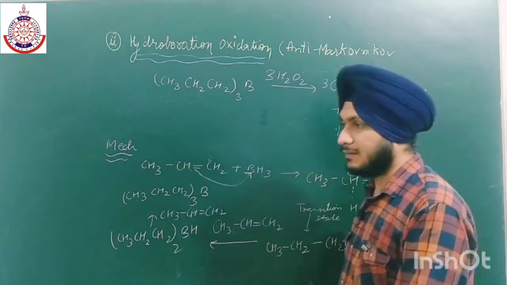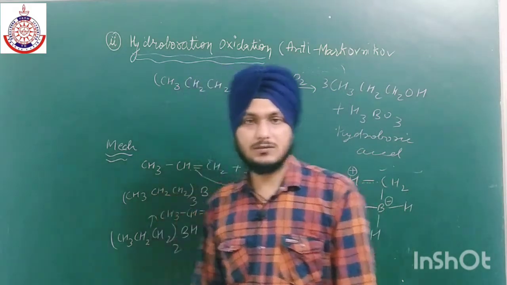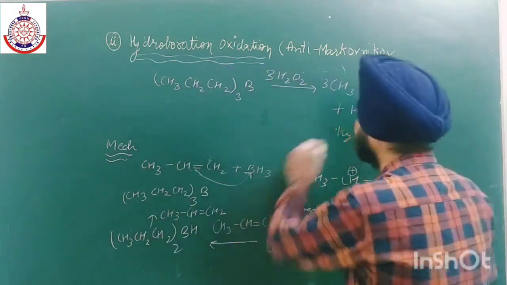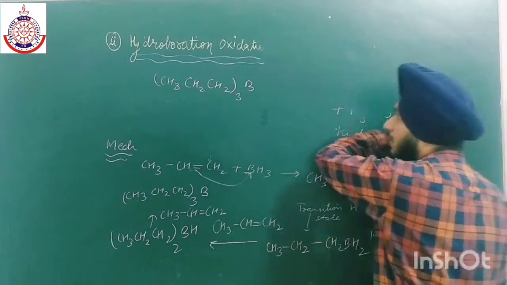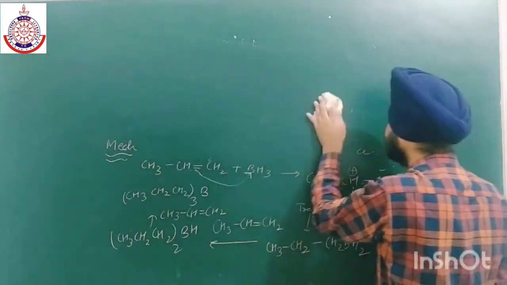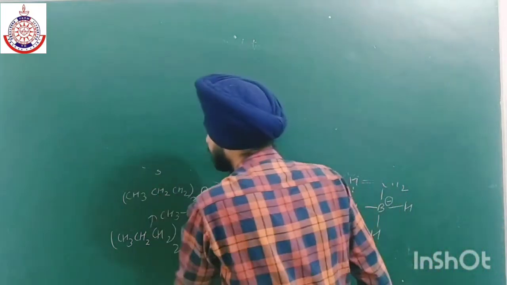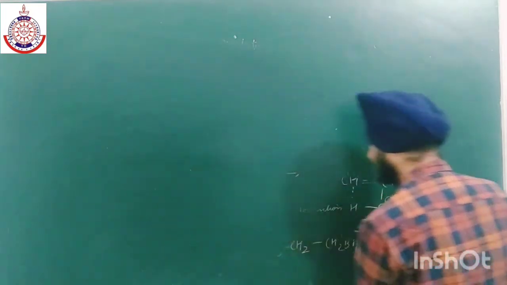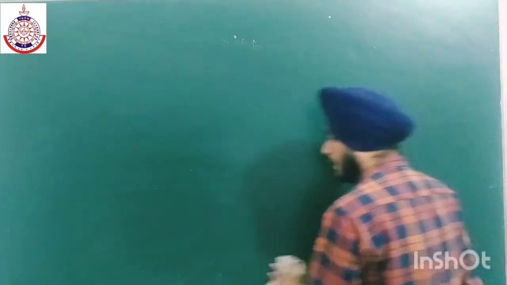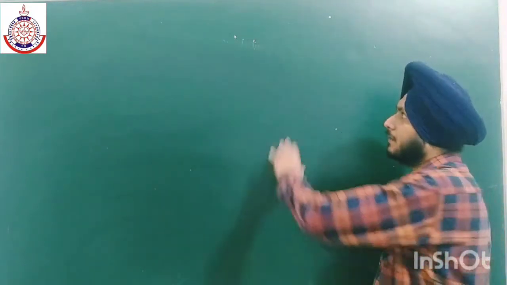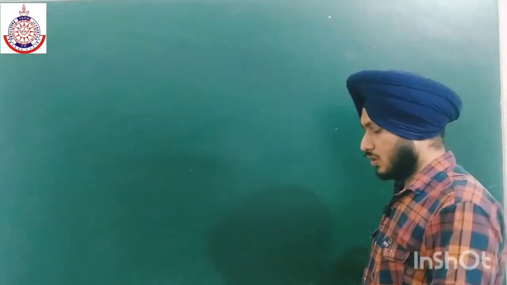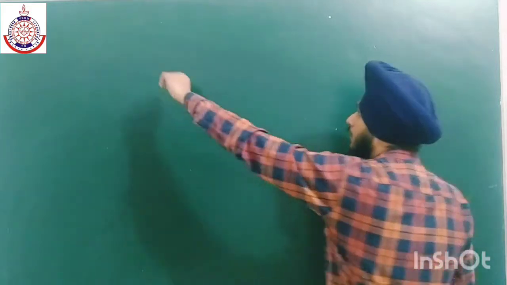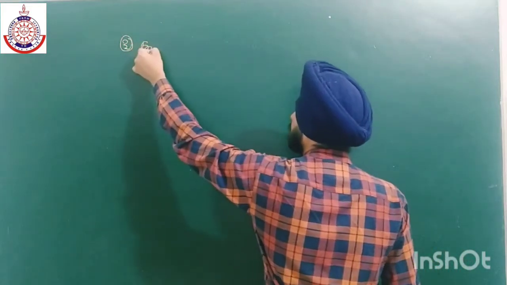The third method of preparation of alcohols is from carbonyl compounds by reduction. We have to use some reducing agent in order to reduce the carbonyl compounds, like aldehyde, ketone, carboxylic acid, and esters. So we can prepare alcohol from these 4. There are many reducing agents, among which lithium aluminium hydride, LiAlH4, and sodium borohydride, NaBH4, are the strongest ones.